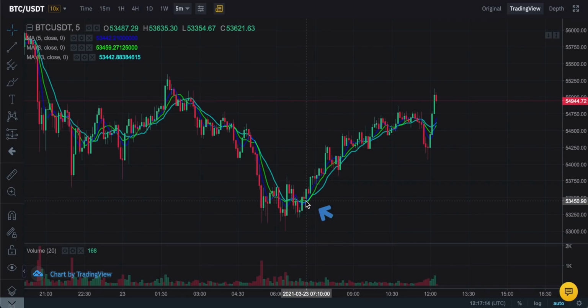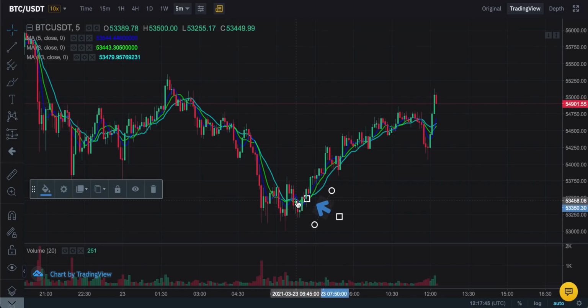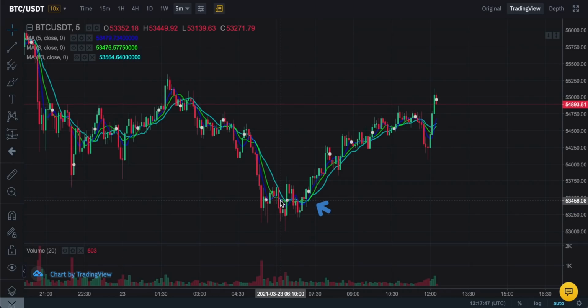Now, the moving average we want to place most emphasis on is the 5-day moving average, this dark blue one here, because this is the one that follows the chart most closely. If that moving average moves from below the other two and crosses over them going upwards, that is a bullish sign for the price. As a buyer, that's what we're trying to do, buy low and sell high in this instance. So as this moves across the other two moving averages, this is our buy signal. We therefore want to enter a trade at around this price. We can see on the chart that this price is around